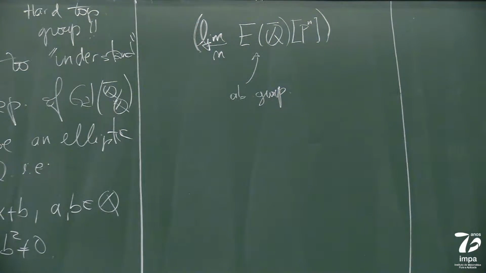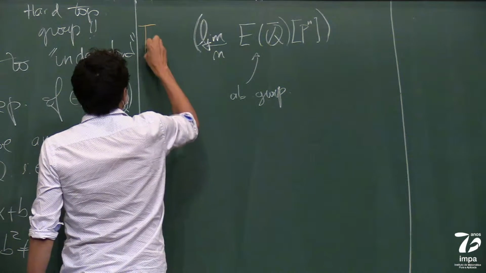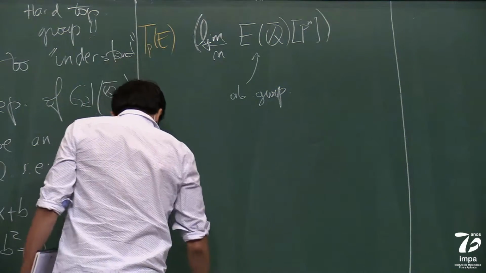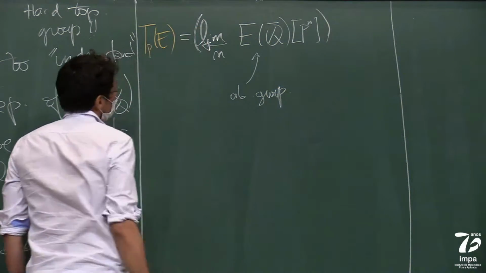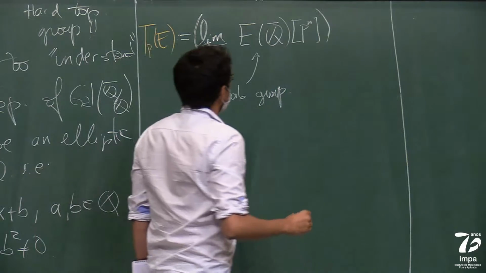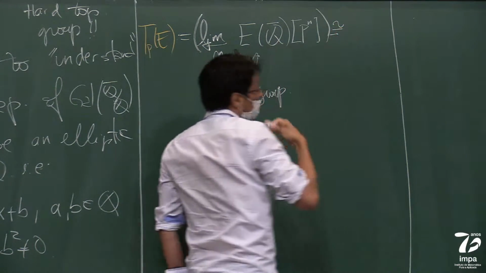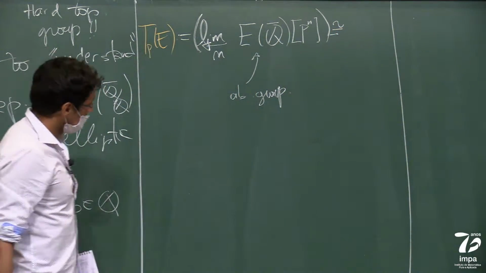This object has a name. It's the Tate module of the elliptic curve, and normally you denote it like that. That is a definition. So you can prove that this Z is a